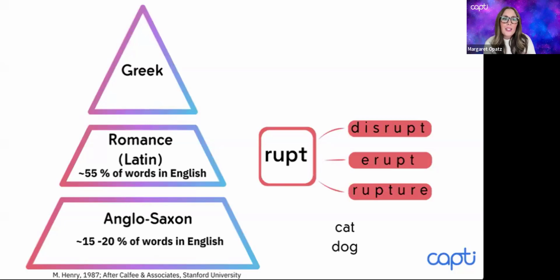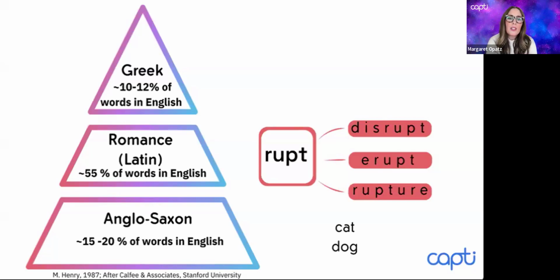With Latin, this becomes a lot more challenging because we have roots that can have affixes attached to them to make new words. We need to know what that root word is to make sense of how it is changed when we add a prefix or a suffix to it. And then the last layer is the Greek layer, which is just about 10 to